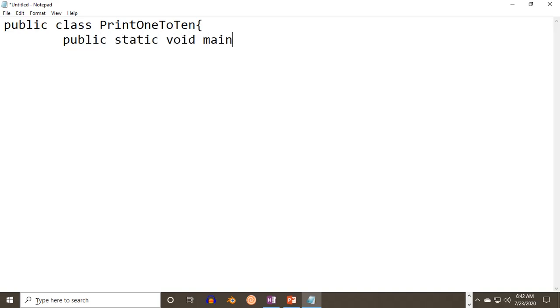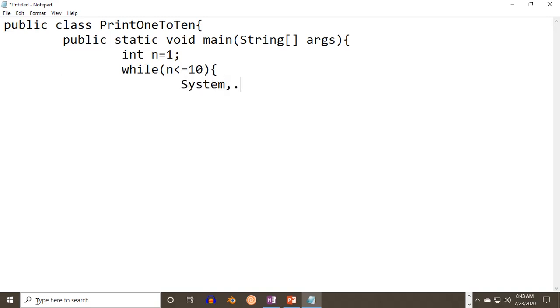I want to go for the same example: public class Print1to10, then public static void main String args, and here int n equal to 1, while n is less than or equal to 10, curly bracket start, then System.out.println n, and here we go for n plus plus.